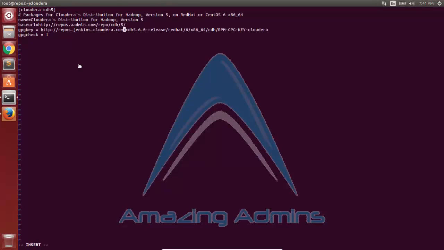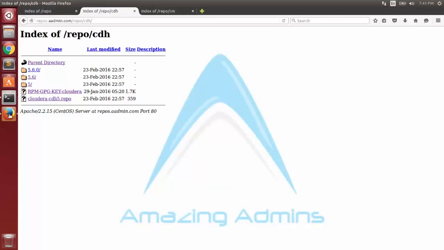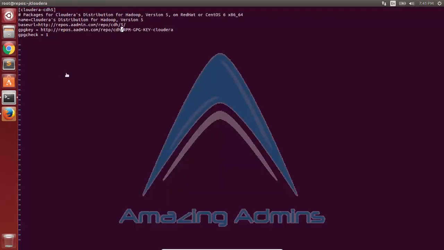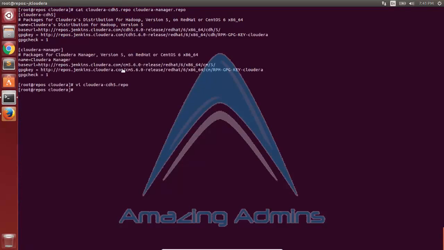It's the same path. So I'll just backspace before the RPM part. I'll paste my URL, that is repos.aadmin.com. You see, I have modified the CDH repo file. Sorry, the Cloudera Manager's repo file and the CDH repo file.